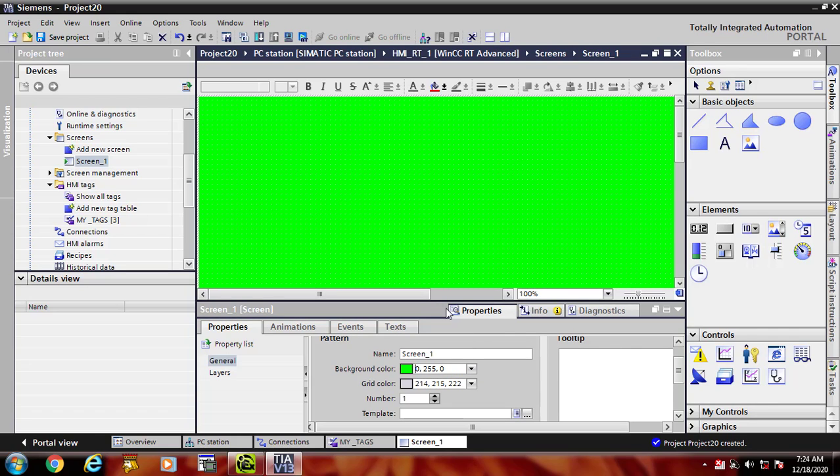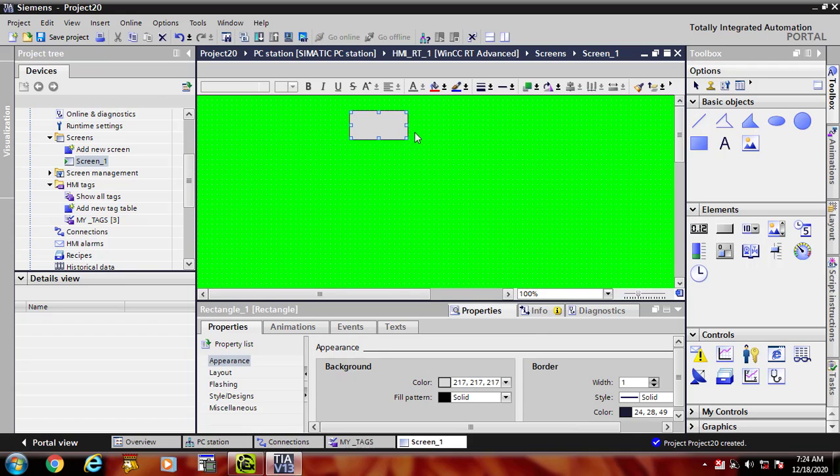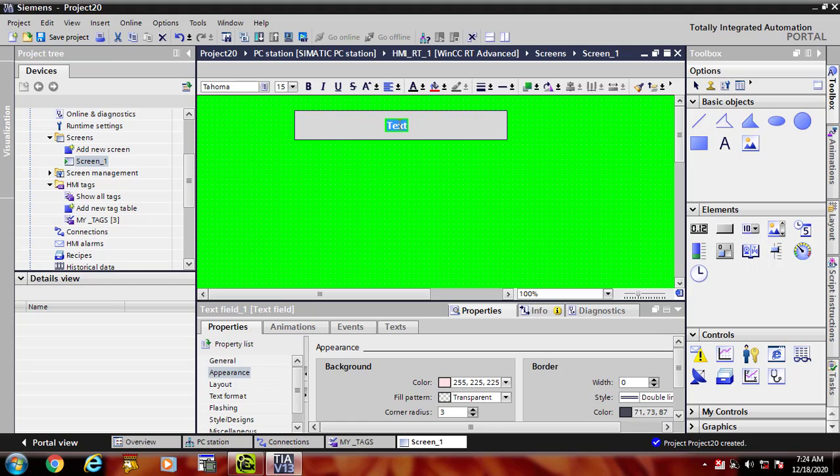So I am assigning this kind of blue, this kind of green color. This is my SCADA first screen, and its name is written here with the text. You can write your text here. What kind of data is being displayed on this screen?